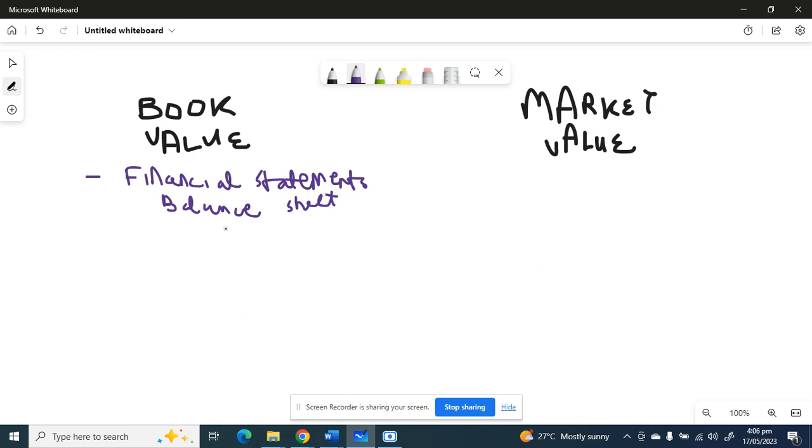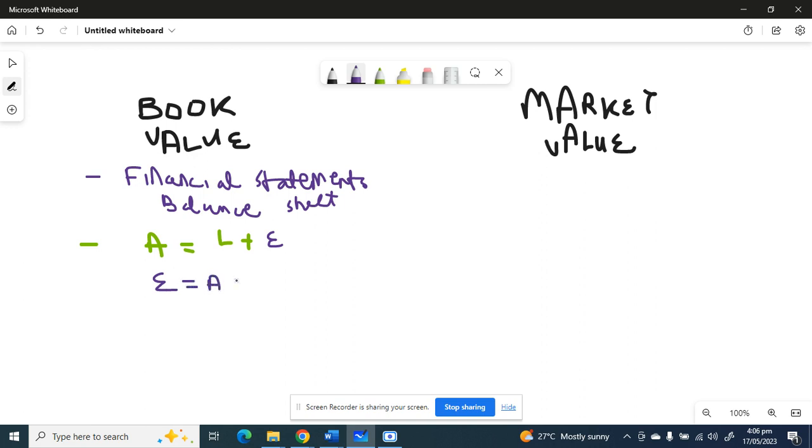All right. So to get the book value of equity for a company, if you remember in the balance sheet, assets equals liability plus capital. So now when we're dealing with companies, this capital is called equity. All right. The owner's portion of money in the company. Right. So to get the book value of equity, it's